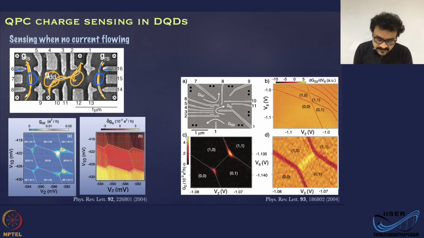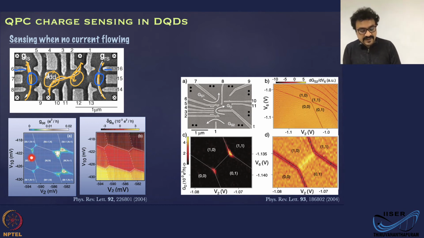Okay. So this is the charge stability diagram, the honeycomb diagram, which we have gone through in detail. And this is the conductance of the quantum point contact, in this case the GLS, the left side sensor, as a function of the same gate voltages. And you can see that the honeycomb diagram you get from the direct measurement of the current through the dot matches exactly with the detector current, where you can see that the conductance changes as the charge configuration is changing.